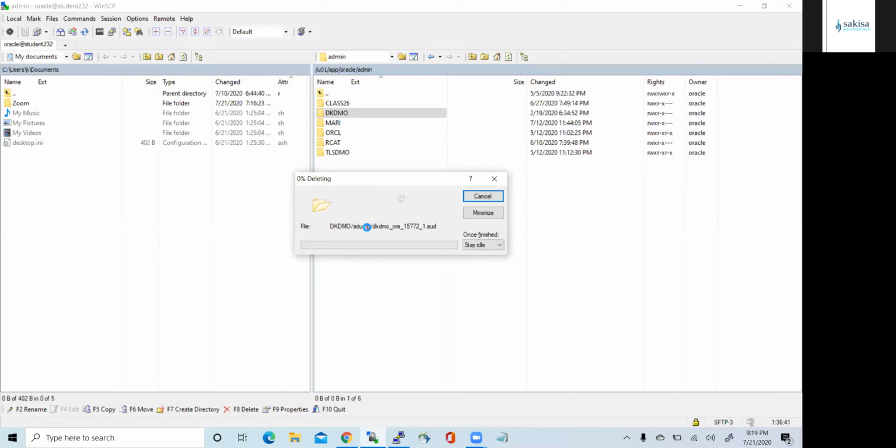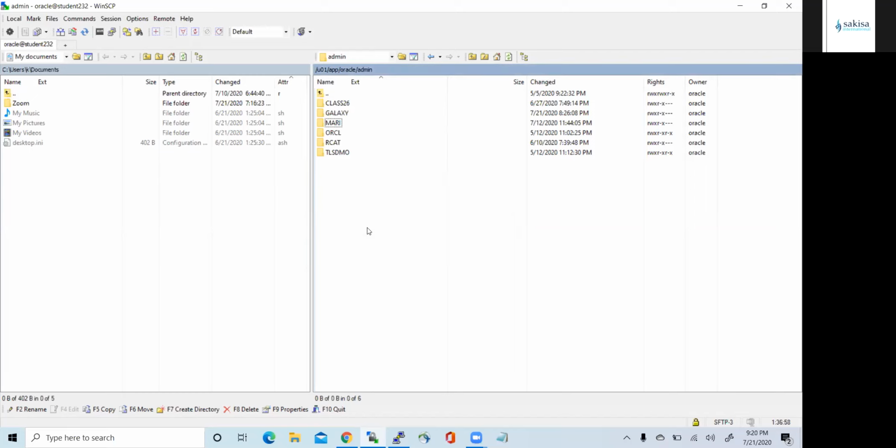And also you have to make sure that your databases are pointing, like the flash recovery area, the FRA, is pointing to /ORAData. If not, then all your backups are going to come to your flash recovery area.